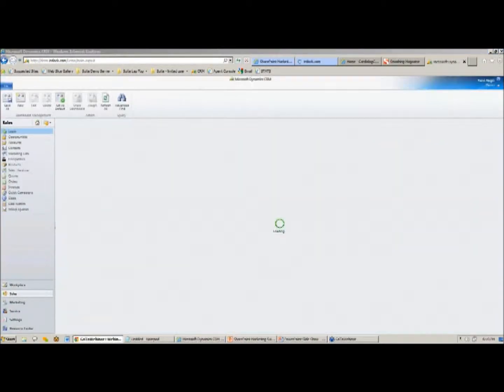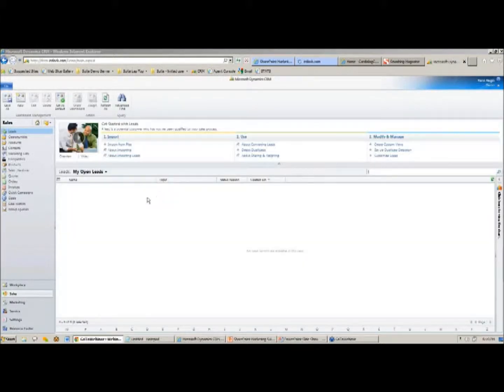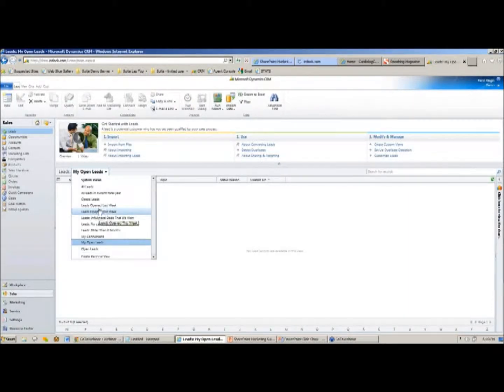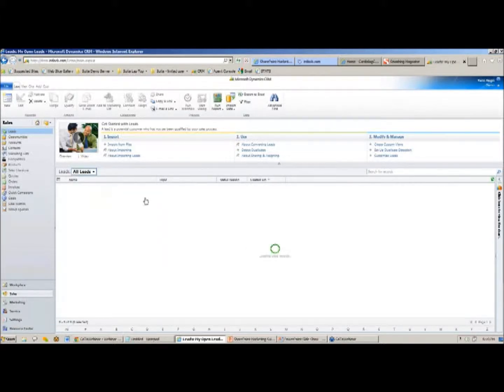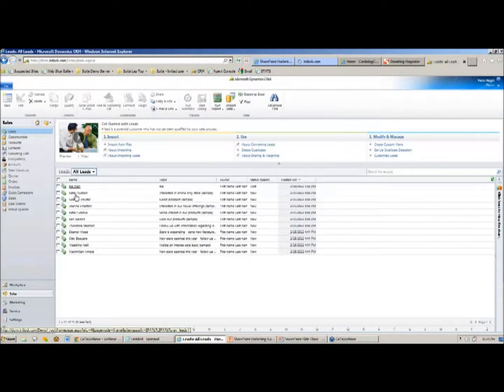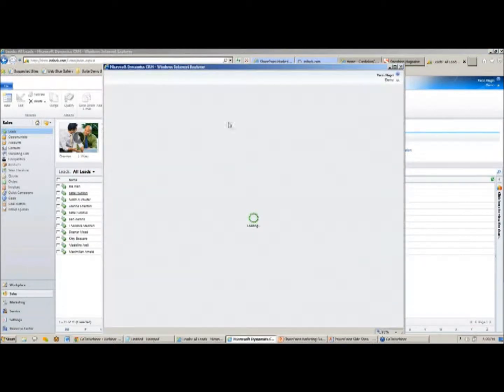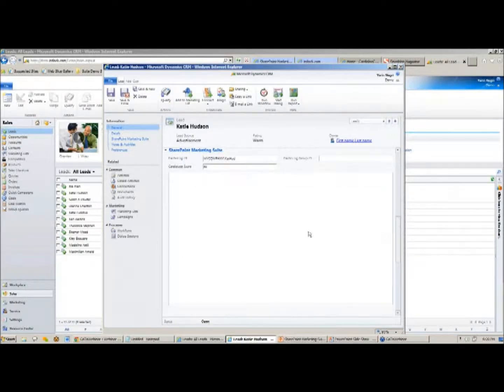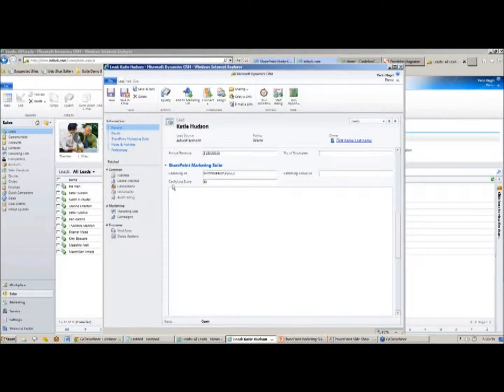So here for Pauline, we can see how she first arrived at the site. In this case, for example, she searched for Intlog within Google. We can see where she's from geographically, and then down at the bottom we can see each and every visit Pauline has made to our site. And if I open any one of these visits, I can actually see which pages she's viewed during that individual visit. And furthermore, we can see exactly which pages she viewed, how she navigated, and so forth during a single